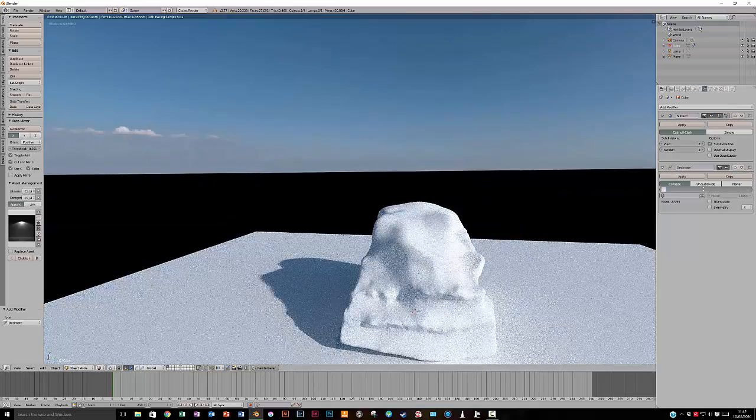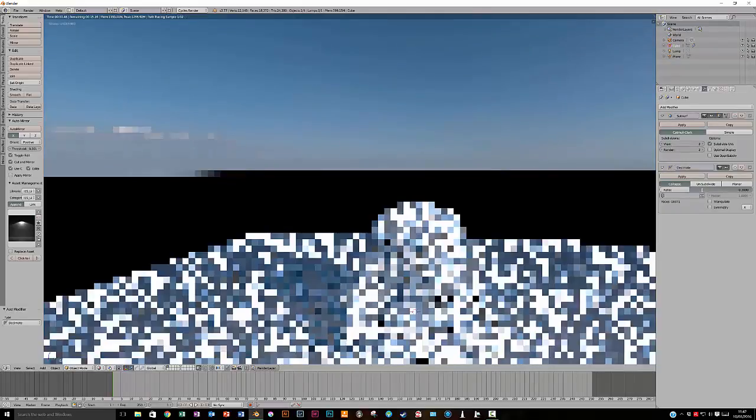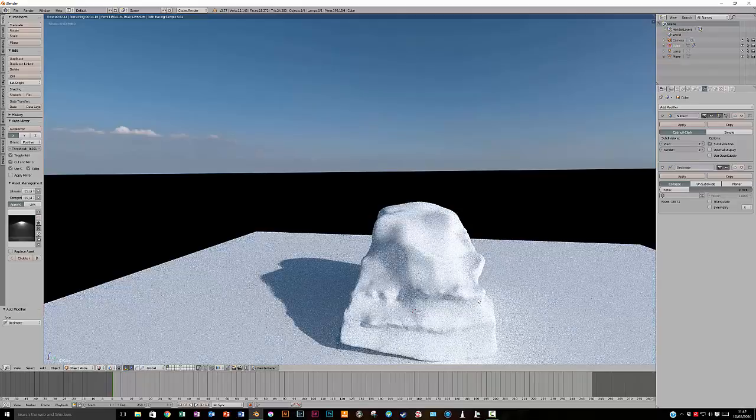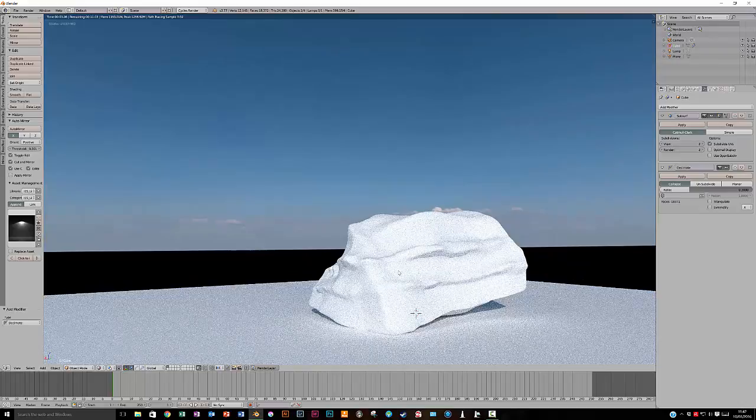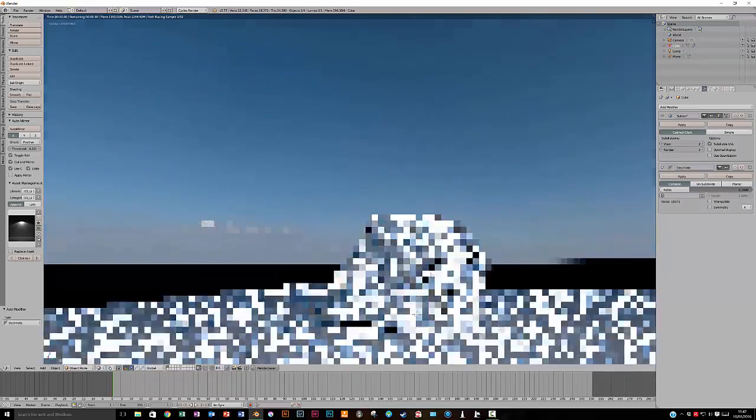I'm actually going to try going even lower to 0.3. A little bit of change there in some of the detail, but we're going to be adding detail with the texture later, and we're now down to 24,000 triangles. So a much better use